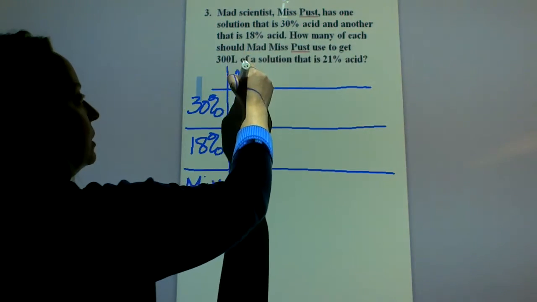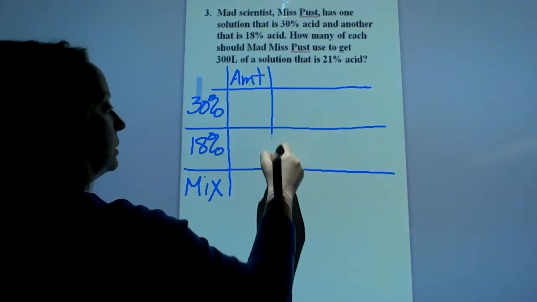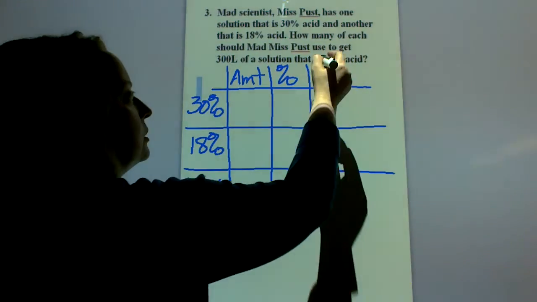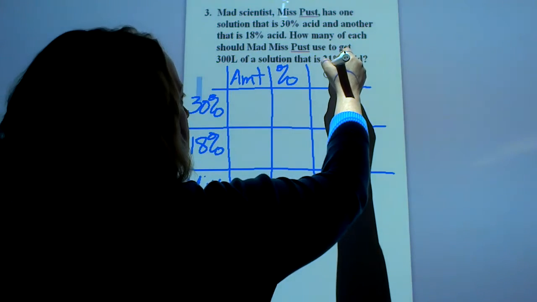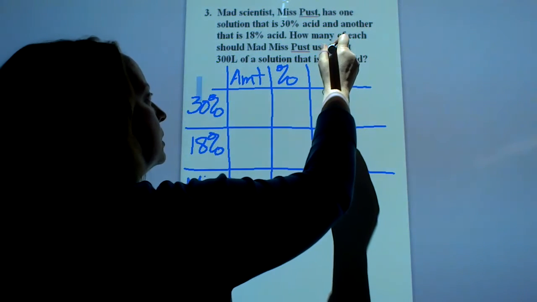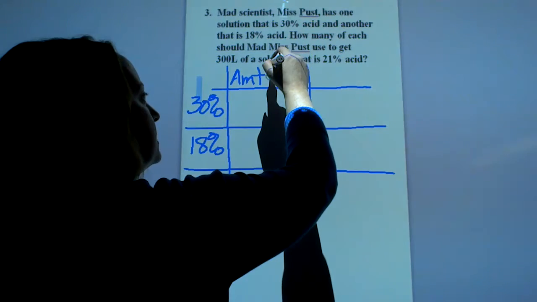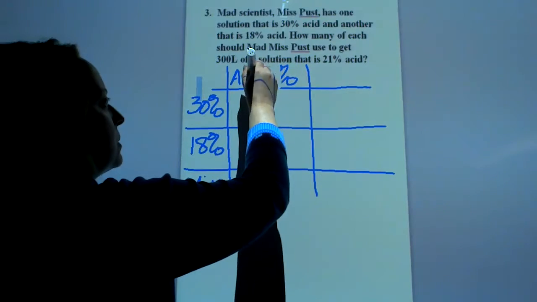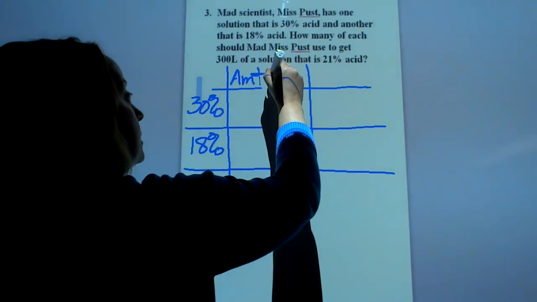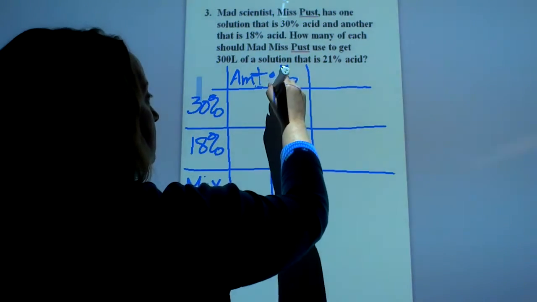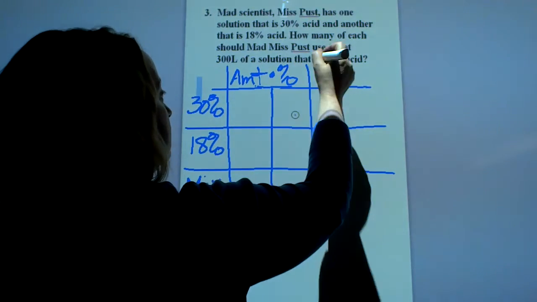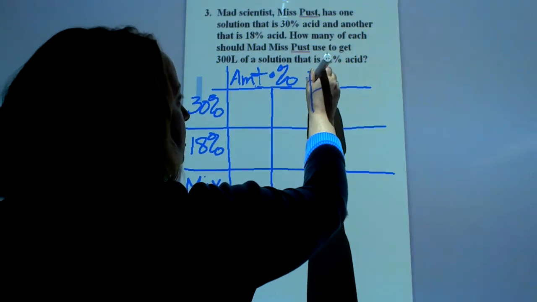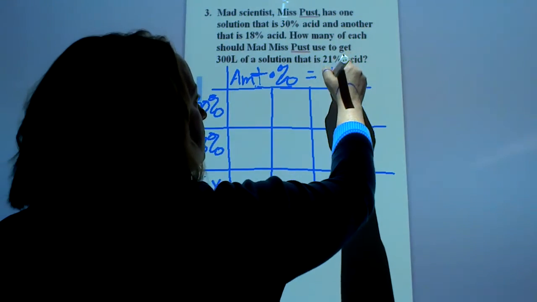Here's going to be the amount, here's the percent, and then here's going to be the total right here. Basically what you're going to do here is multiply these. So it's going to be amount times the percentage, and that is going to give you the total. So let's put an equal sign here, and that's going to be the total